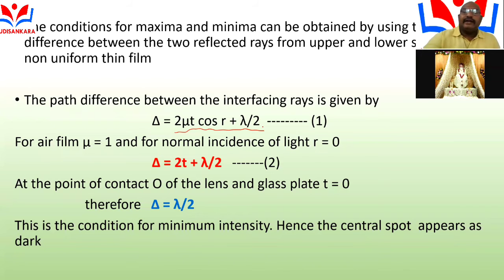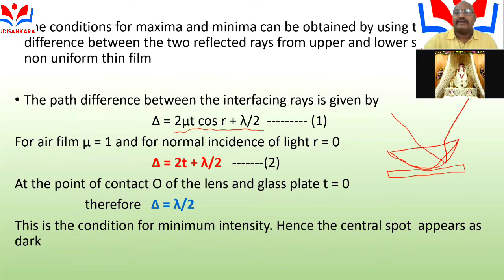In the diagram, for example, this is the plain glass plate and this is a plano convex lens. This is the incident light and its reflection direction. Some portion of the light passes in another direction. These two light rays travel in the same direction and are superimposed on each other, so the intensity will be maxima and minima.